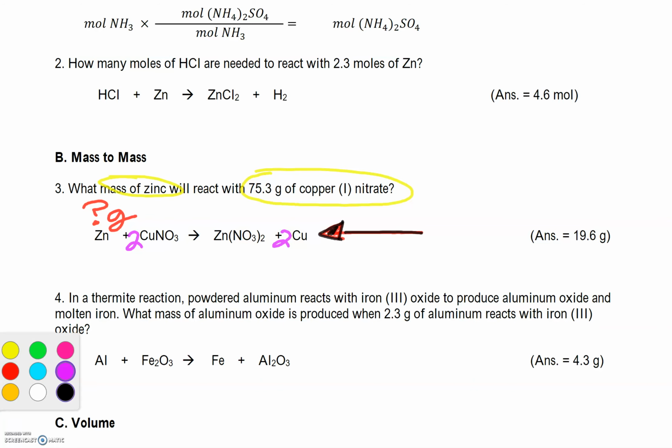It is right here, and we're going to put 75.3 grams there. And now I've taken care of all the information here, and any chemical that they didn't talk about, I am going to put an X above it. So they did not talk about zinc nitrate or copper. I do not want to use these chemicals at all. If I do, then I'm going to have trouble. So I don't want to use those chemicals at all. Now, I'm going to probably work the problem